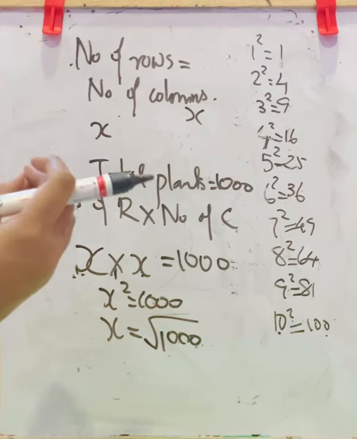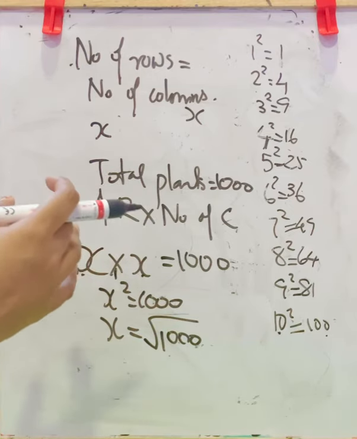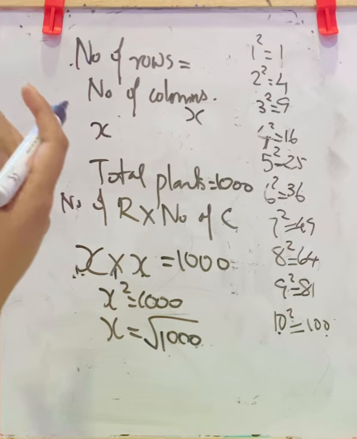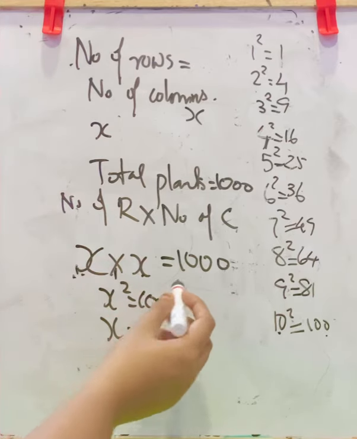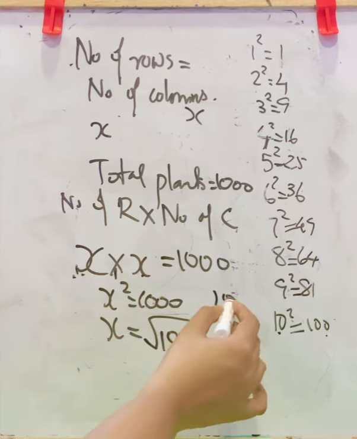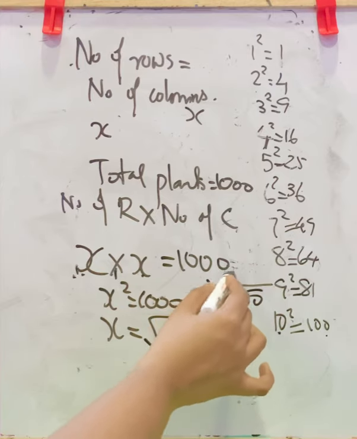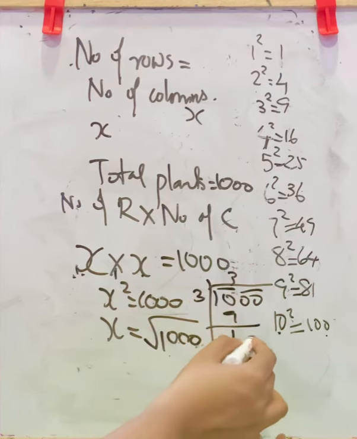So to make it a perfect square, what number should be added to it? That is, find the minimum number of plants he needs more. So you have to find out what number should be added to the given question number. So first find out with division method, pair it. 3 3s are 9, balance is 1, carry down the 0.